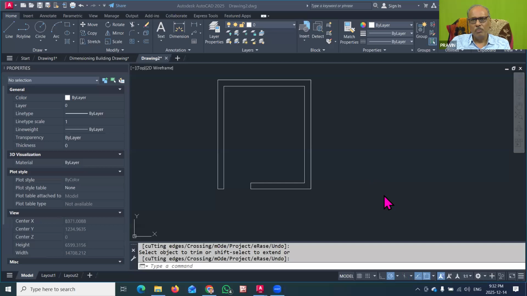For that purpose, the important steps are there that you have to remember, and that command is not given everywhere, so you have to note down that command. The name of that command is WBLOCK. That is W block, meaning you have to use that block worldwide. That is the meaning of W block.